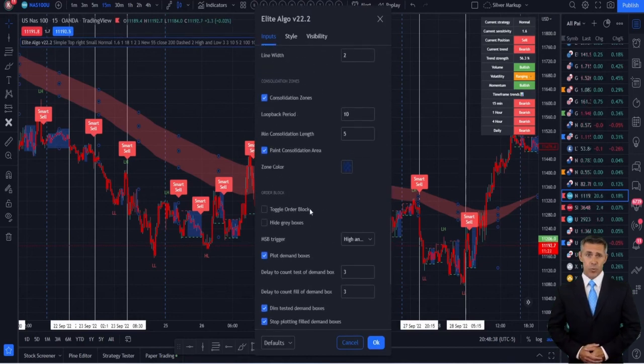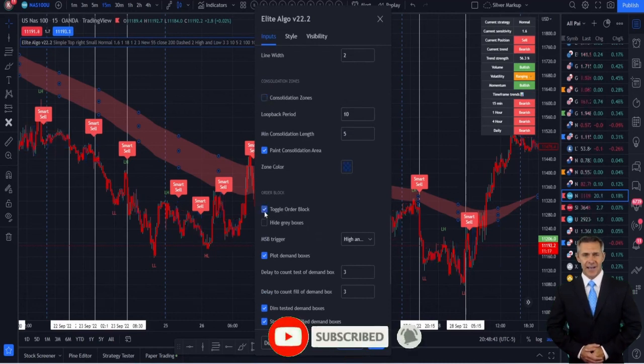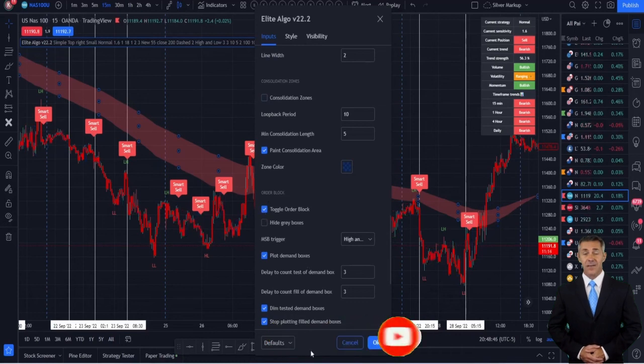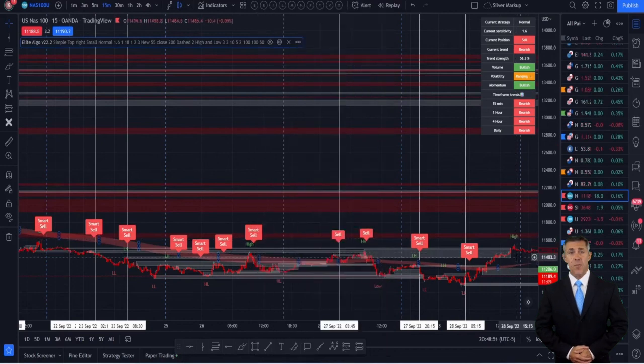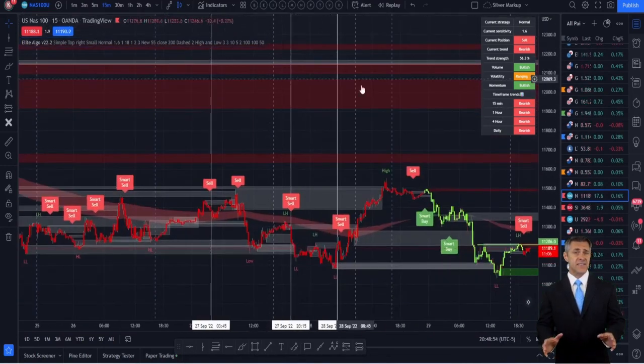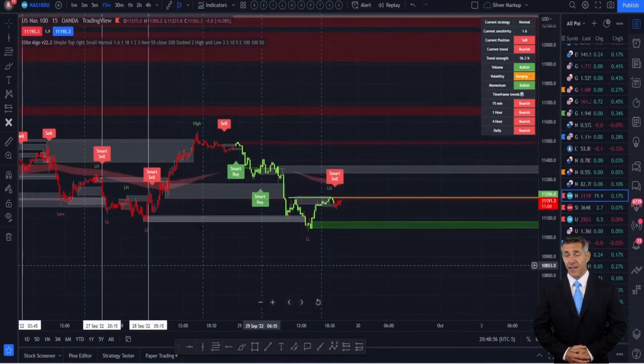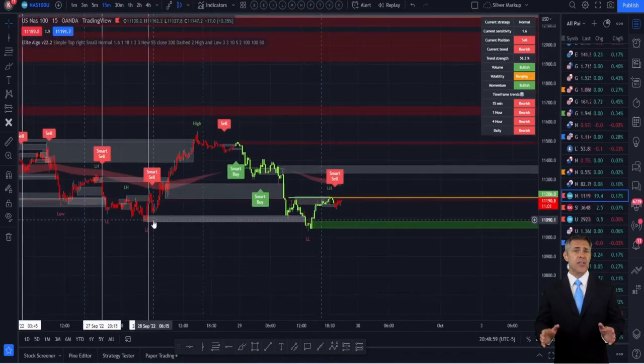Now, this is one of my favorites. Very much one of my favorites, and I'm going to end it off with this, is the order block. I love institutional trading. And order blocks are an institutional level where the market likes to be at play in the system. So what I mean by that is these order blocks are going to be levels in the market that the market makers or large institutions could be working at. And these levels are very high value, support, resistance, really supply and demand zones. I wouldn't really think of it necessarily as support resistance, but more so points in the market that can cause and